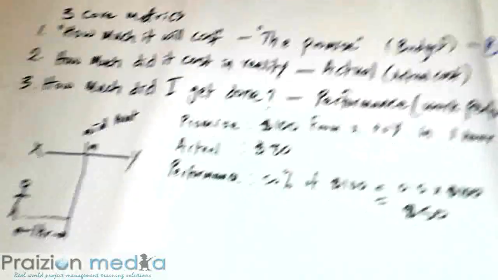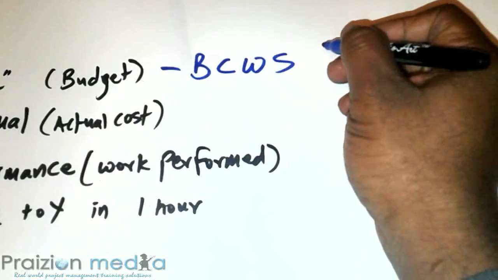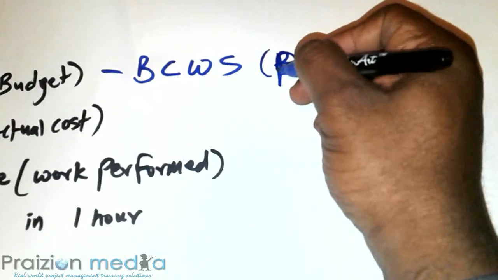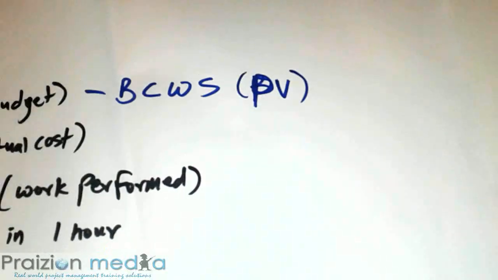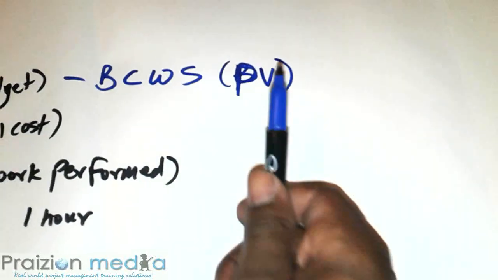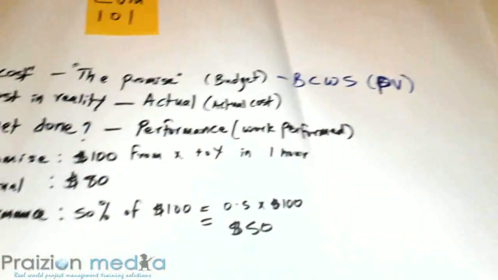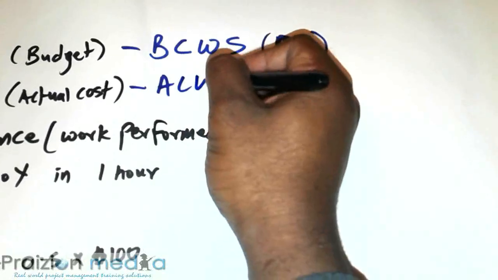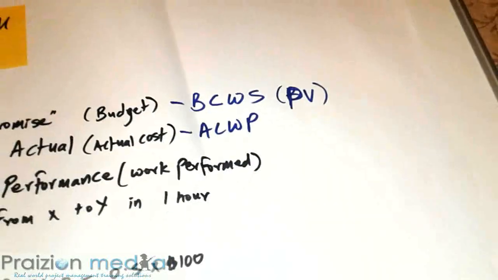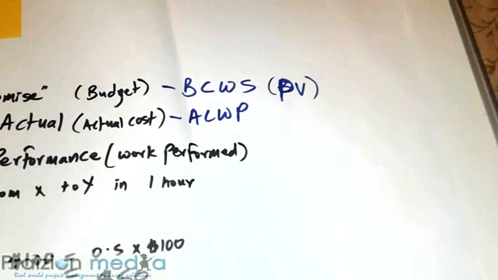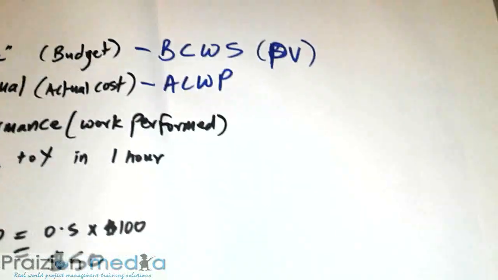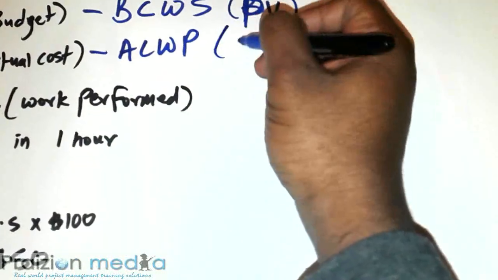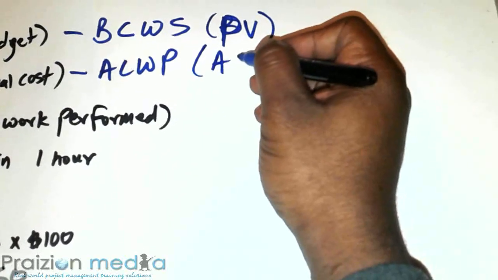Now, it's not called earned value, it's called planned value. It's also known as planned value, PV. So budgeted cost of work scheduled is also called planned value. The next one, actual cost, is also known as the actual cost of work performed, in government circles especially, and in aerospace circles, they refer to it as ACWP, but that is also commonly referred to as AC, actual cost.